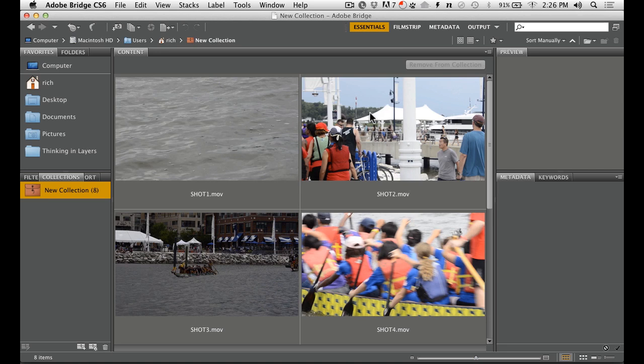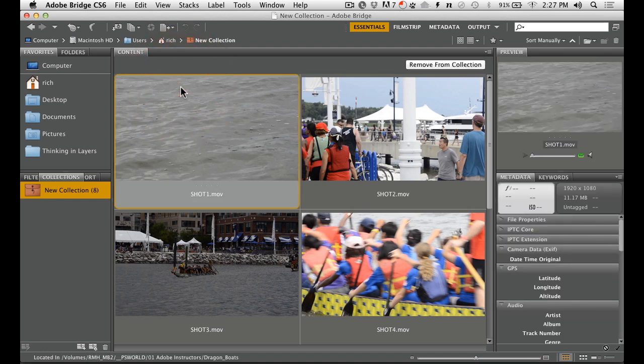Do you have to do this? No. But have you ever noticed how your camera counter repeats itself about every 999 shots or every 9,999 shots? Do you know how many shots called DSC_001 you probably have on your hard drive? A lot. So one of the nice things with Bridge is that you could just get the shots in the